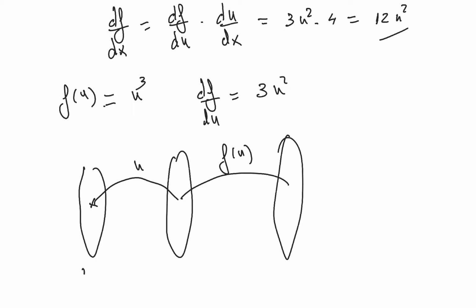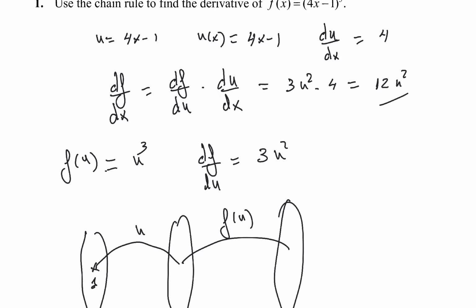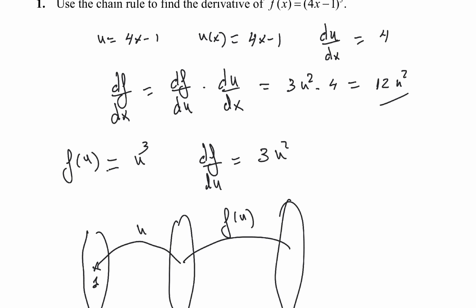So you take the point 1. So u of 1 will be 4 multiplied by x minus 1. It will be 3. And f of 3 will be the cubic root of 3, a square root of 3. Now, when you move here,